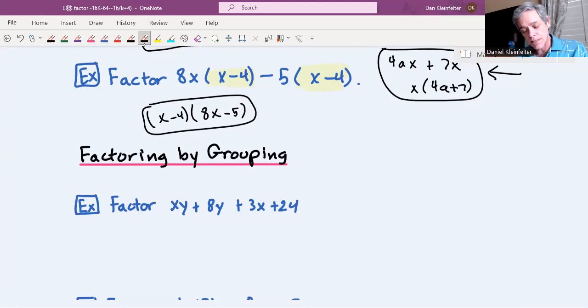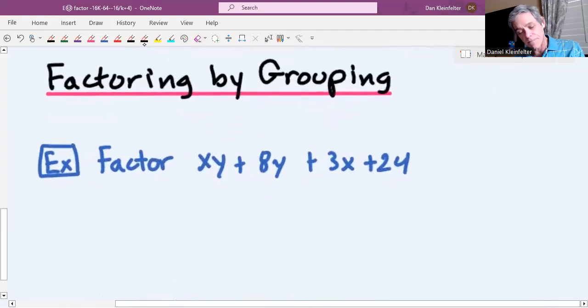Factoring by grouping is something you want to think of using whenever you're looking at a polynomial that has an even number of terms. For our purposes, it's going to be 4. But if you ever saw 6 or 8 or 10 terms, which wouldn't happen in our class, you'd want to think of factoring by grouping. Taking a look at this first example,